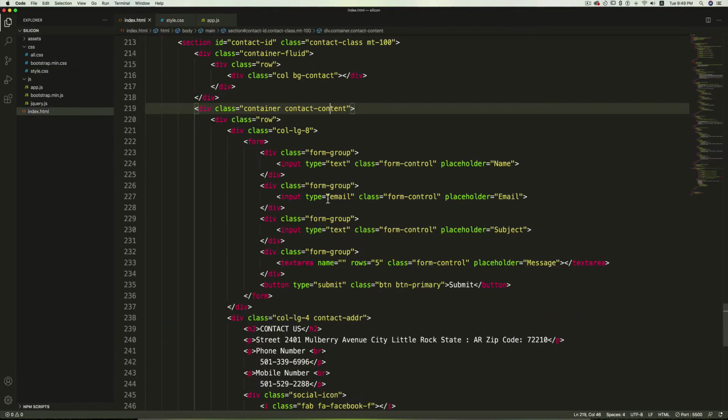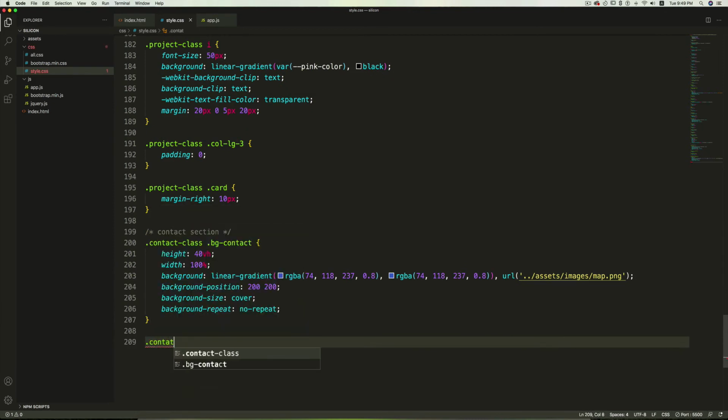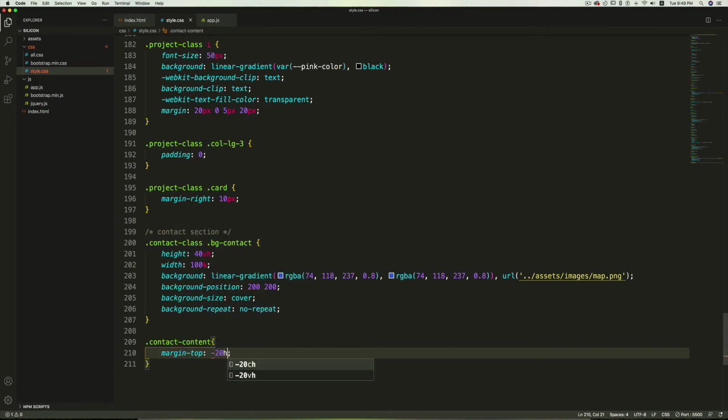So now I'm going to add a negative margin to this contact-content, this entire div, to move it up. So after this I'll target it. So contact-content and margin-top minus 20vh.